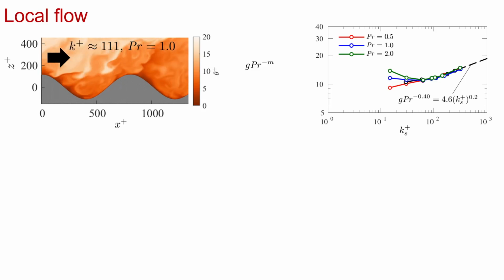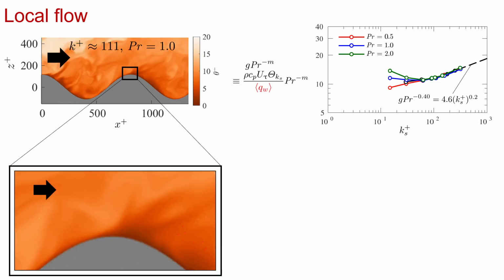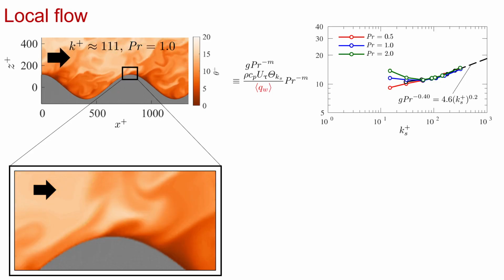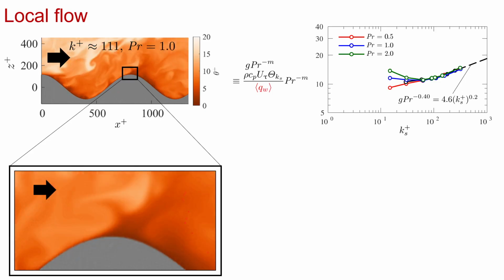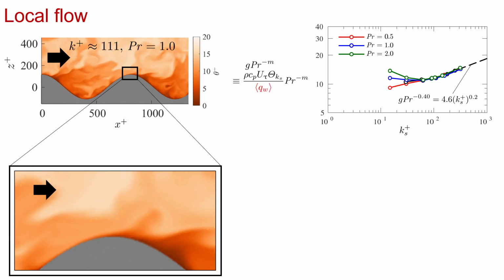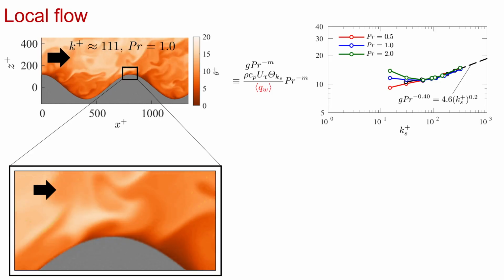So here on the right, I'm showing the same g function plot previously, and what I want to do now is unpack its definition and highlight in particular that it provides a measure of the mean average heat transfer across the surface, q_w, which I'm emphasizing with these angle brackets. But evidently, we might expect to find different scaling behaviors depending on where we might look. Here, for instance, if I isolate a peak region where the wall might be exposed to a relatively higher shear,